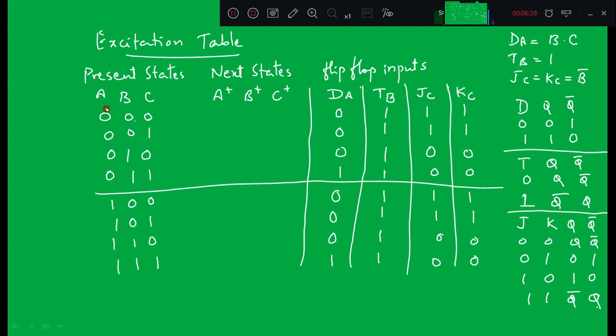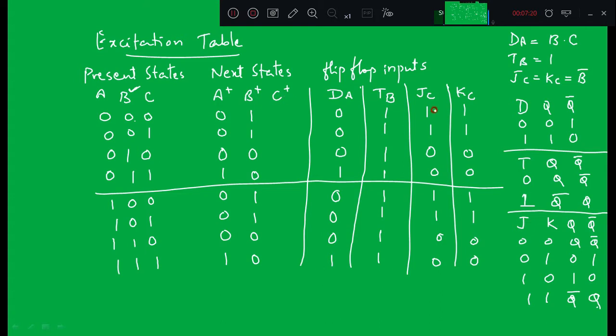If D is 0, irrespective of the previous state, next state will be 0, right? 0 0 0, and DA is high here, so next state will be 1. Okay, next similarly 0 0 0 1, right? So now TB is high, TB is the input of second flip-flop whose output is B, right? Since TB is high, B is going to continuously toggle. 1 1 0 0 1 1, present state is going to toggle, right? So 1 1 0 0 1 1 0 0.